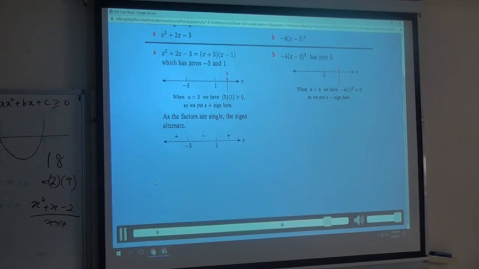This function contains a linear factor which is squared. When a linear factor has an even power, the graph touches the x-axis at the corresponding 0, but does not cross it. There is therefore no change in sign at this point, and we place a negative sign for x less than 3. Alternatively,